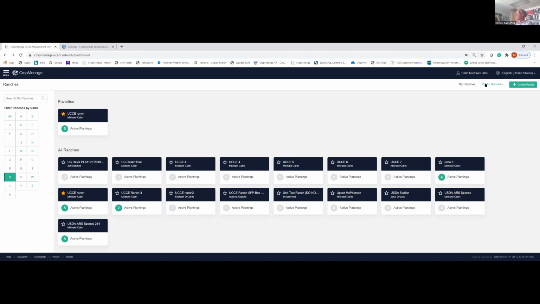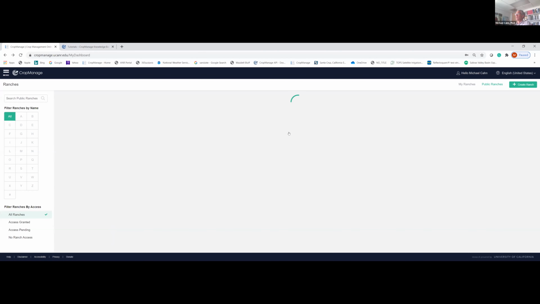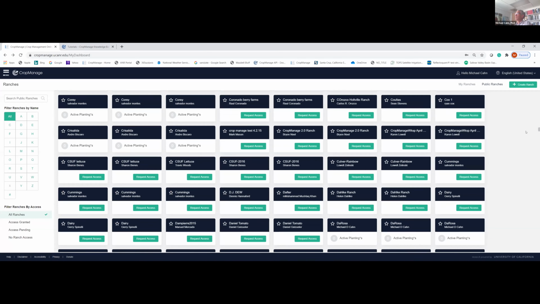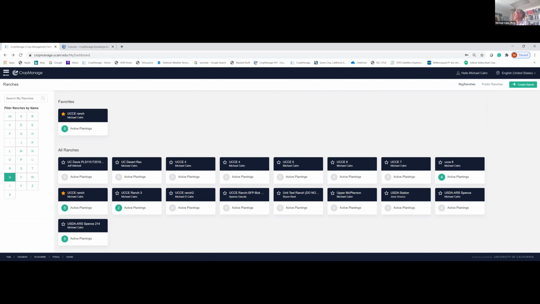You can see a list of public ranches. So these are ranches people created, and they're letting the public know they exist. When you create your ranch, if you want to keep it private, you just don't check public. So here you can just see an example of that. All these are ranches that are public, and some of them, the user or the person who set it up said you can request access to it if you want to. So I'll go back to my ranches here. And looking at the UCCE ranch,